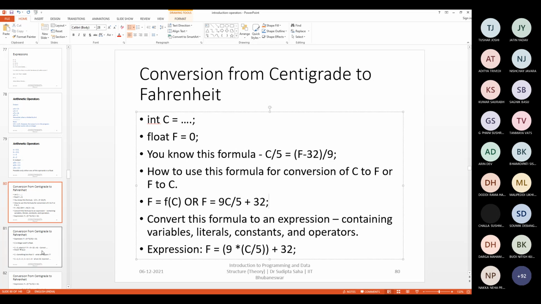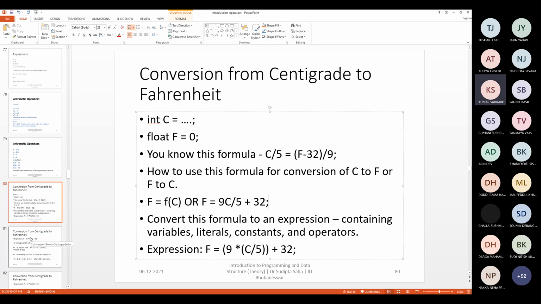Sir, you said that suppose we are given an expression, the formula, the first step will be to convert the formula in a way of capital F equal to a function of capital C. So we need to write this expression properly. Yes. We should be able to write the expression, right? What formula we are going to deal with, that you should know. Why will you not know that? If you don't know the formula, then you are not in a state of programming. Okay, sir, I understand.